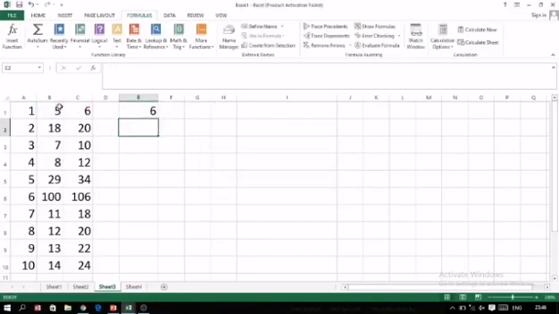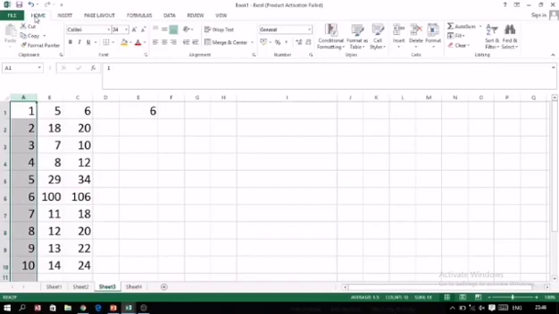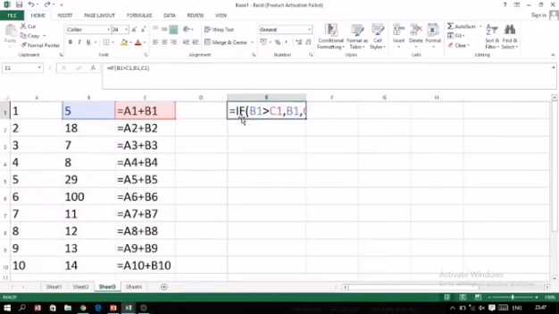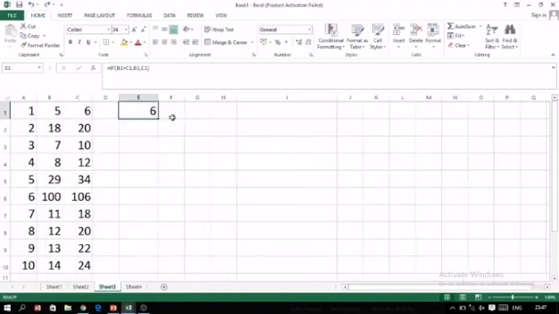Now 6, now 5. It's better that I just remove this so you can easily understand. You will not be confused by this. I'm just deleting the value. So in this way 5 and 6, again I'm showing you the formula I gave over here. B and C contain the formula itself, so 5 and 6 are the numbers.